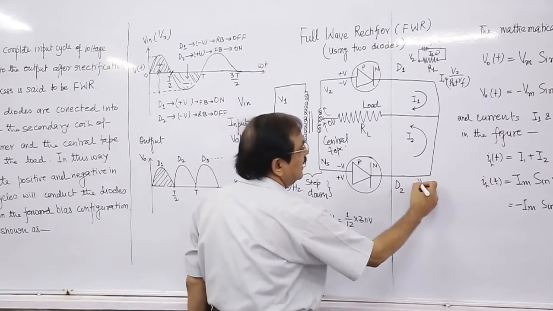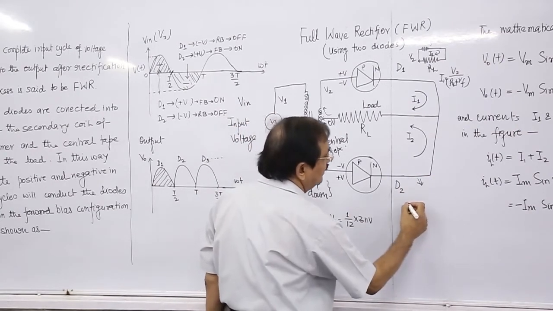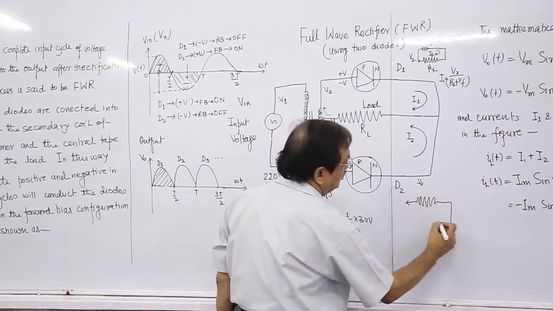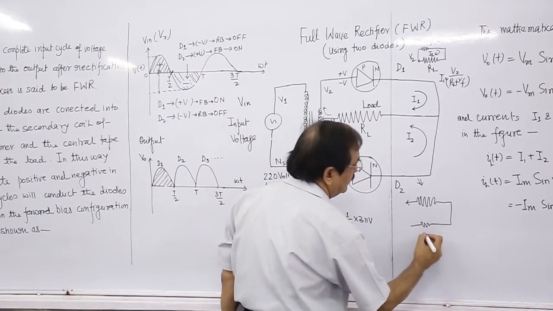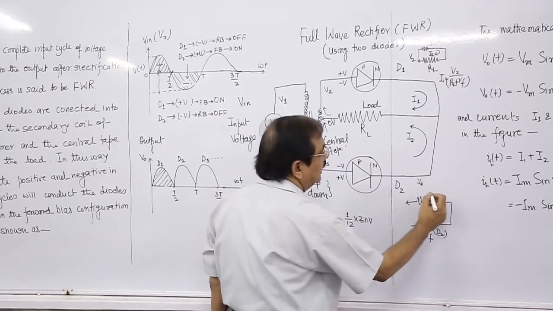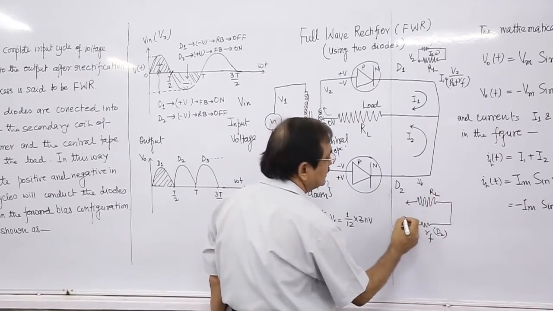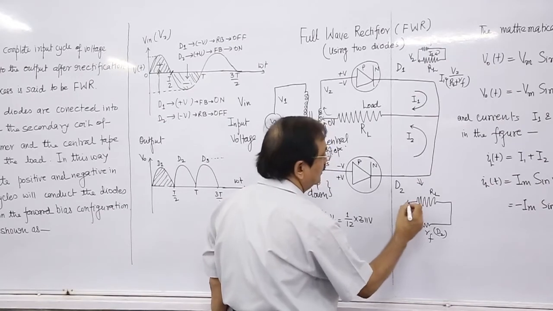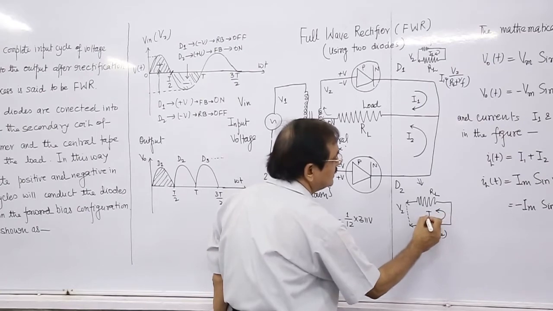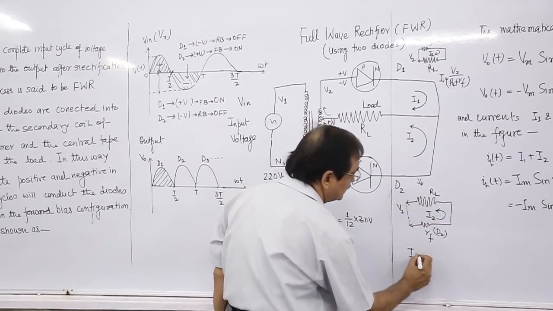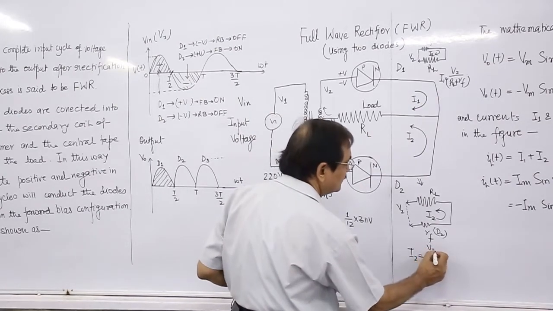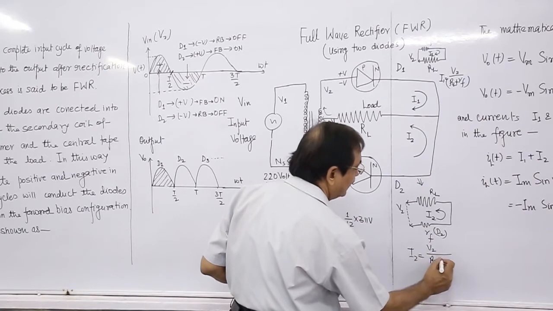So, this part of the circuit will be in operation and the other will be off, a disconnected circuit. This second half cycle can be drawn like this: this is the tap, here it is the resistance, and this is the forward bias of the D2 diode, and here it is RL and this is the transformer. So, it is V2. The current flows in this way, that is I2. This I2 is the same as I1, that is, V2 upon RL plus RF.